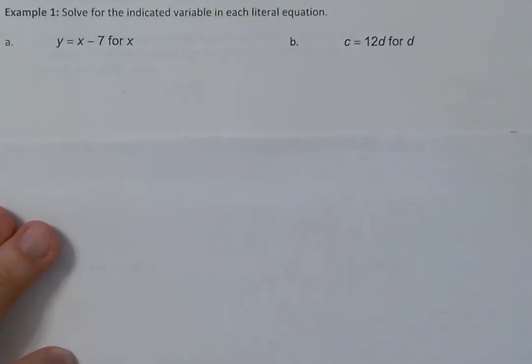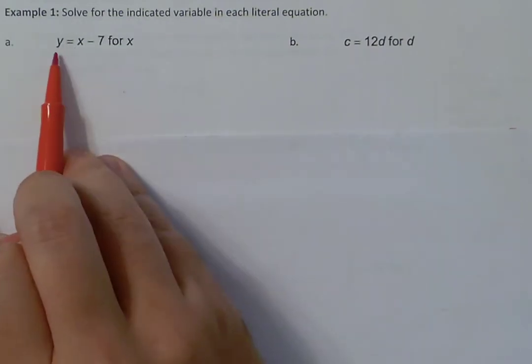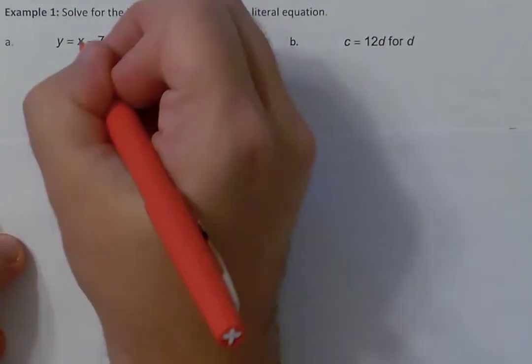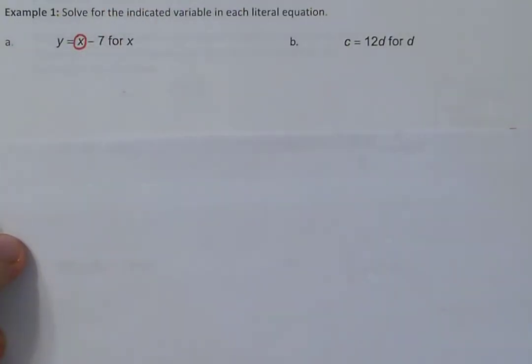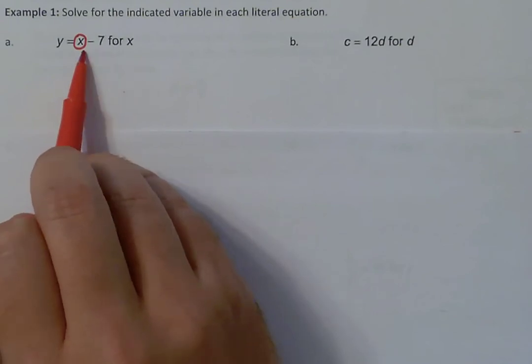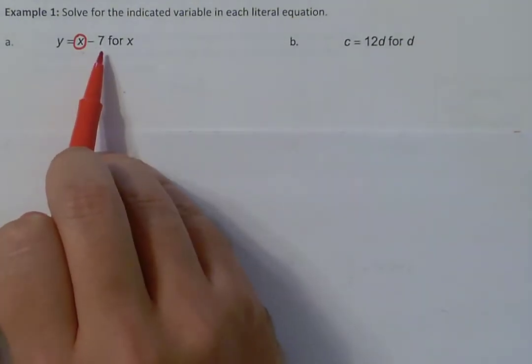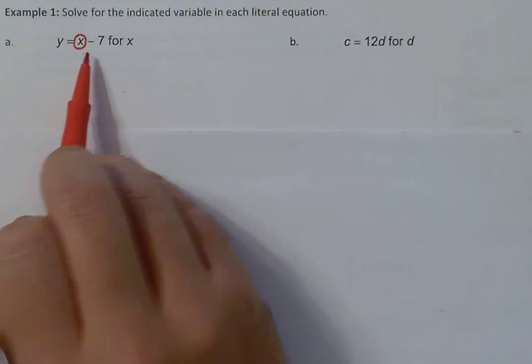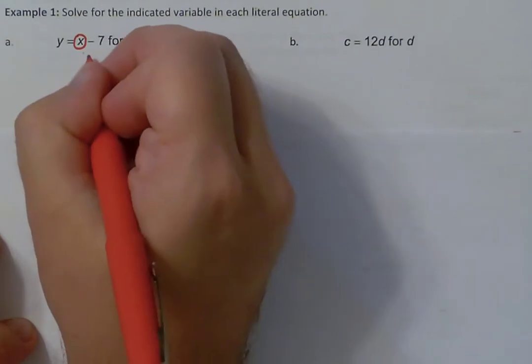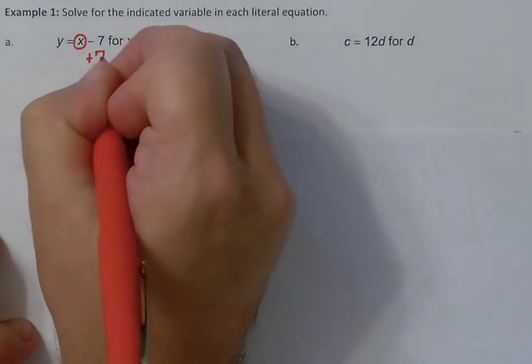For example 1A, we have y equals x minus 7, and they want us to solve for x. So again, like I usually like to ask, what is happening to that variable that we need to solve for? What's happening to x? Well, on that side of the equation, we have x minus 7, so it's being subtracted by 7. To undo that subtraction, we need to do the inverse, which is add. So we're going to add 7 to both sides